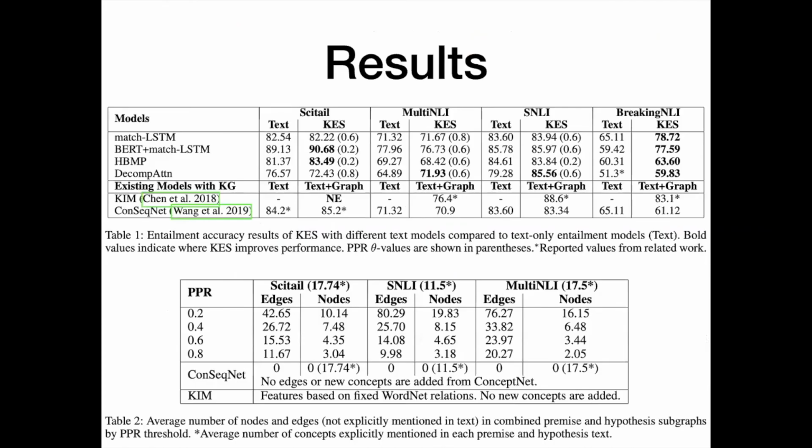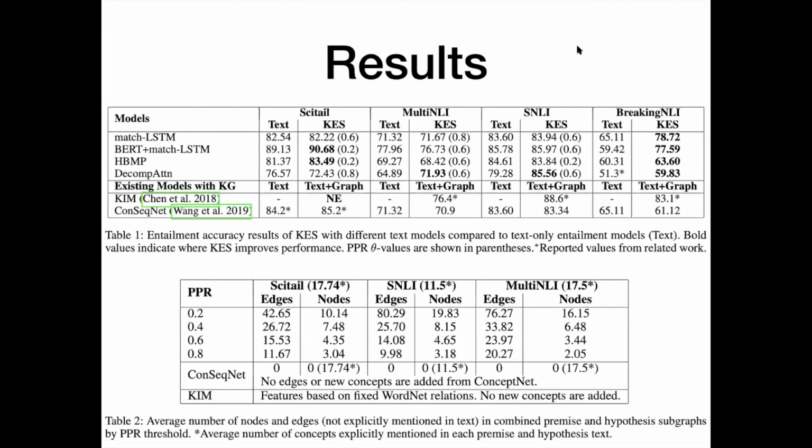We pass now to the results, and we can see existing models that are based only on text. So they perform the textual entailment task just by looking at text. And this is the result on different datasets for natural language inference, or textual entailment. And this is the result obtained once KES is added to them. So as we can see in these first 3 datasets, there is not that much of an improvement. However, the authors specify that it has been shown in the literature that in these 3 datasets, there is a lot of bias,